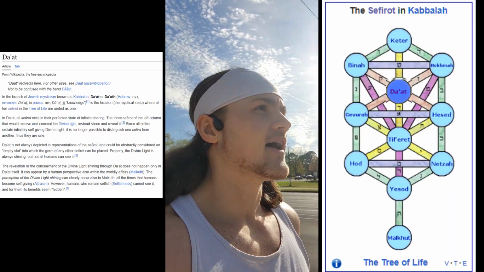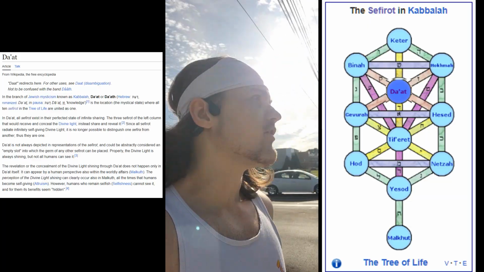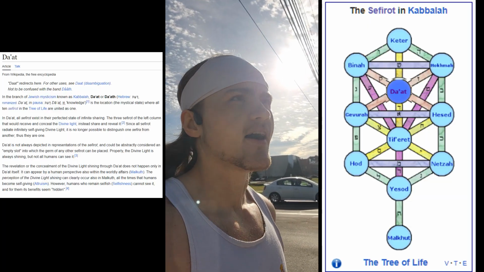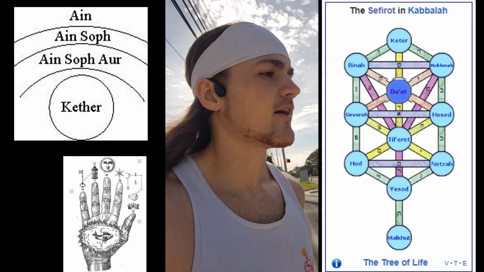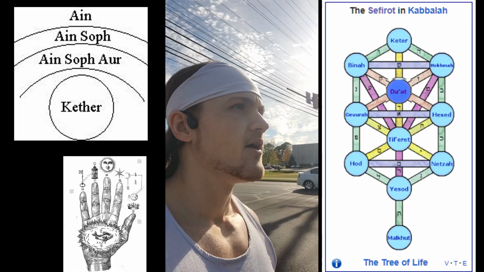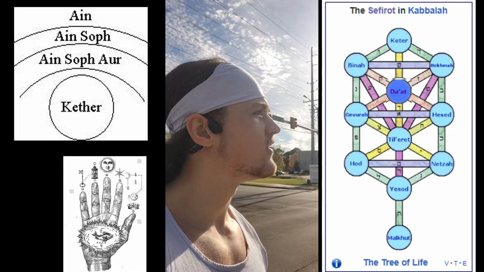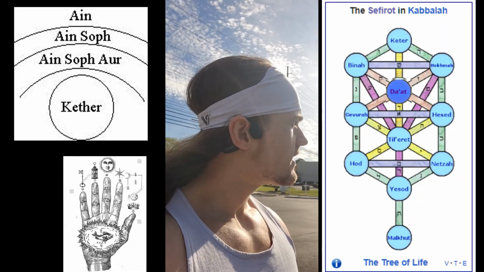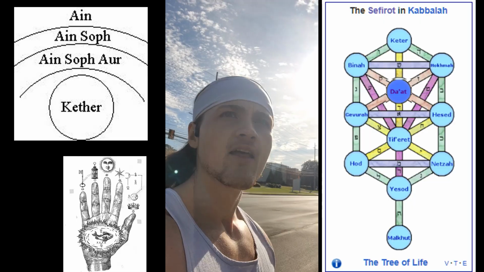Now, sitting outside of the tree of life, that's what the Kabbalah is, the tree of life, are the three kind of formlessnesses of God. So these are the emptiness that God can even begin to manifest through. And they are labeled as Ein, Ein Sof, and Ein Sof Aur. And these three dimensions of dimensionlessness, you can think